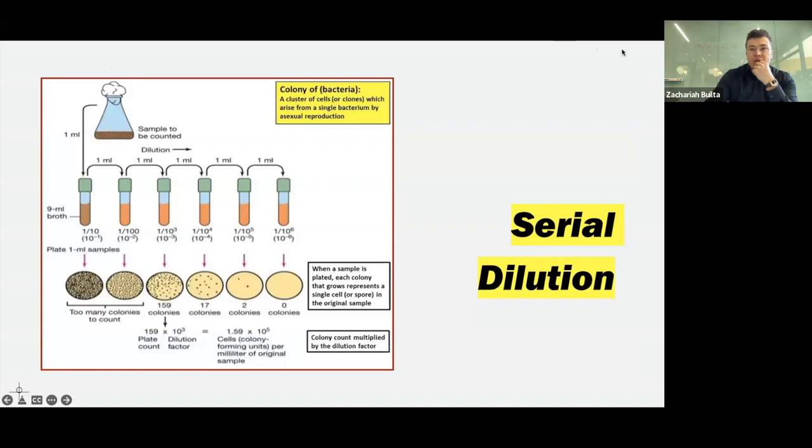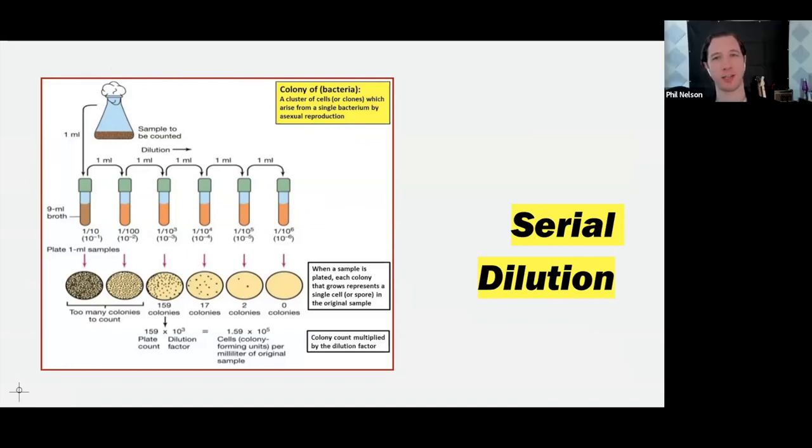So in order to deal with these bacteria, if I were to grow up bacteria in a liquid media overnight, there could be just billions of these cells. And it's important in science as well as engineering and everything that we can be quantity-wise very precise. So when we have these billions in a solution,